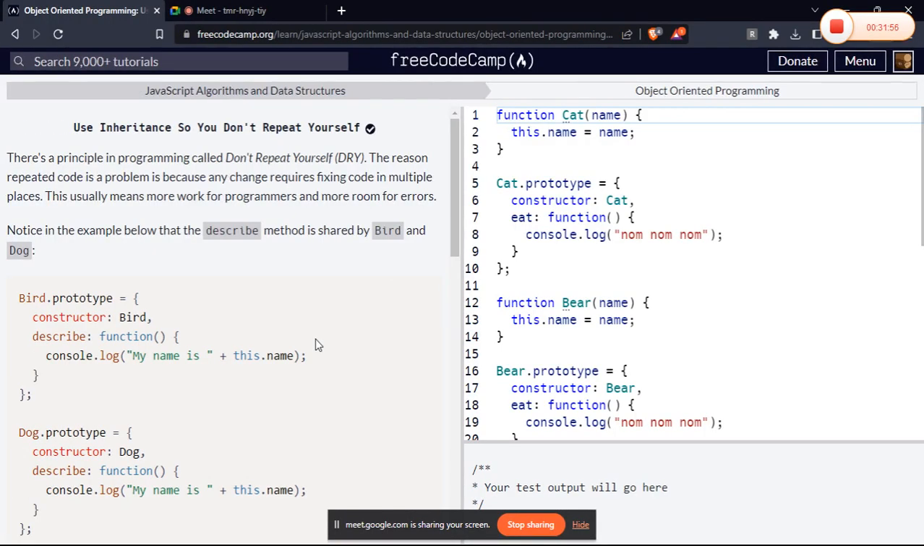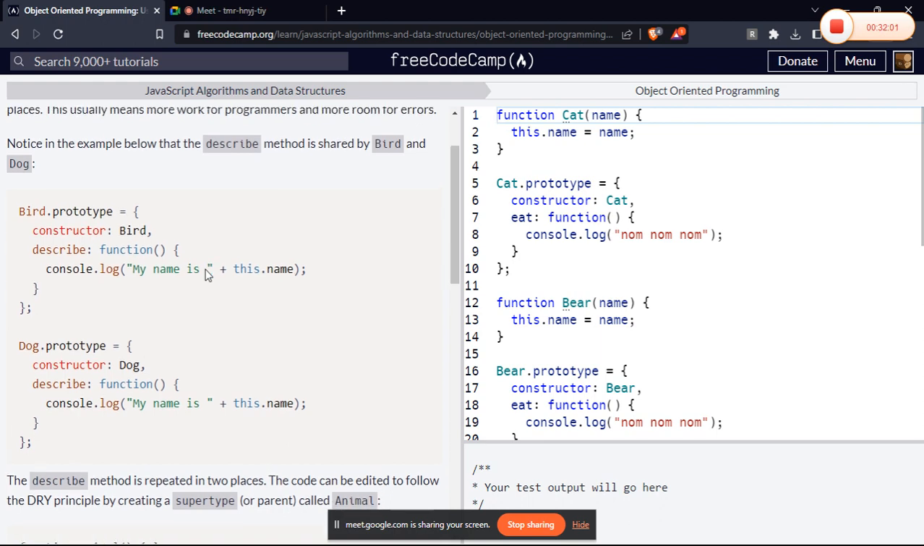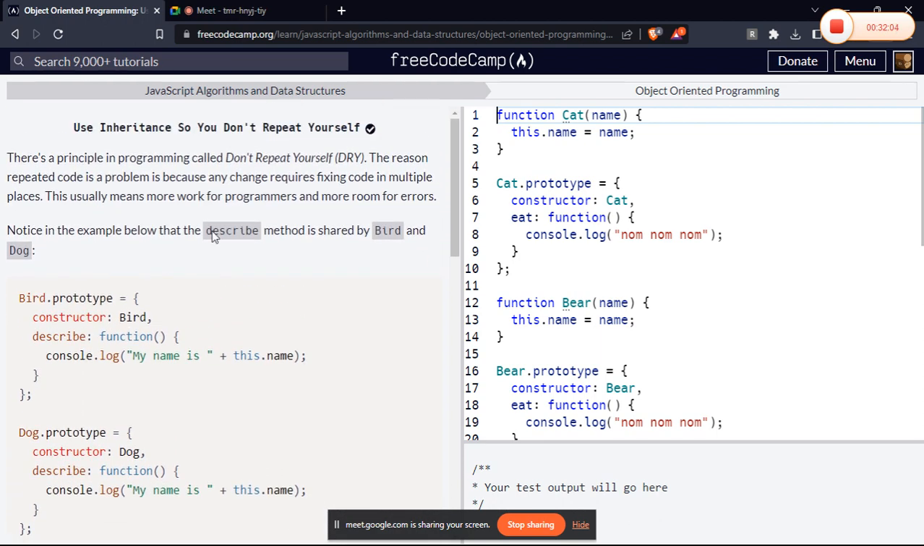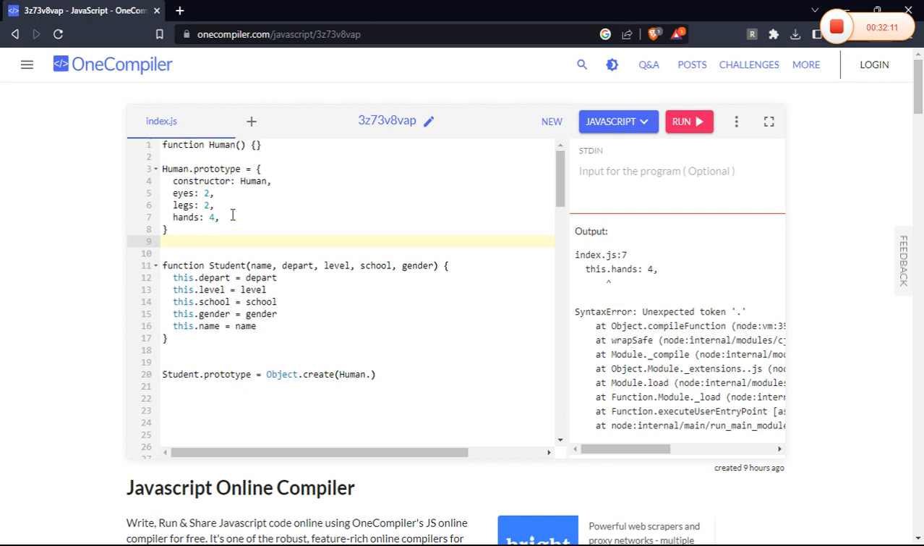So using inheritance, so you don't have to repeat yourself. Yeah, back to what I was saying. I was saying every student is first a human, right? Every student is first a human. These are the properties that will be defined for human already, and these are the properties that will be defined for